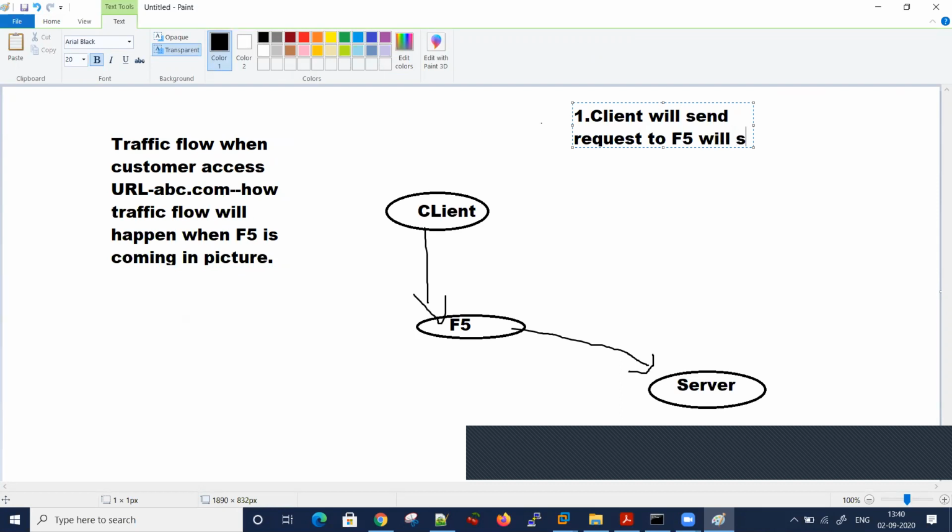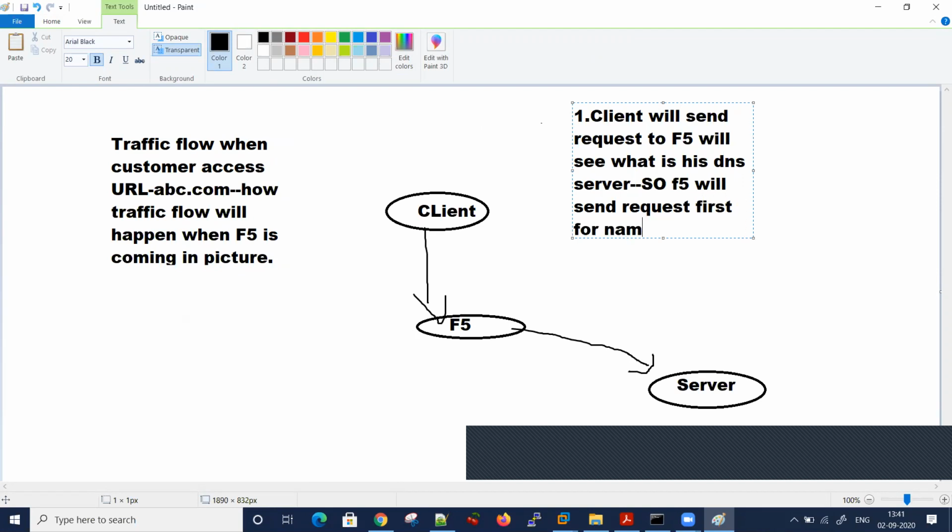F5 will see what its DNS server is, so F5 will send a request first for name resolution. Correct? Because whenever a customer accesses a URL, there should be name resolution, because F5 LTM does not do any name resolution.